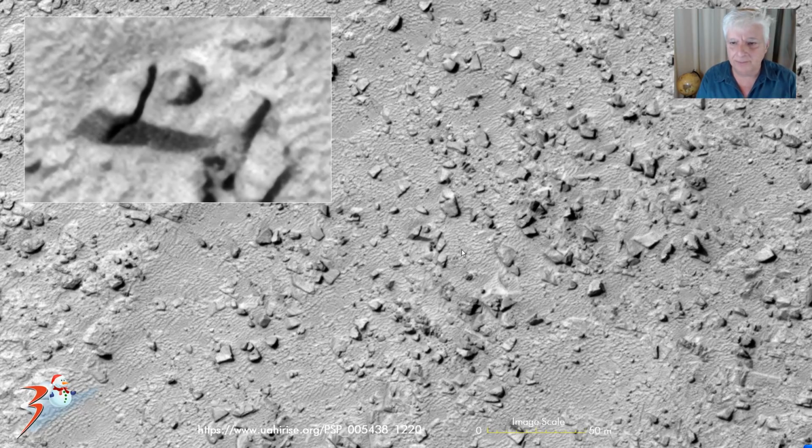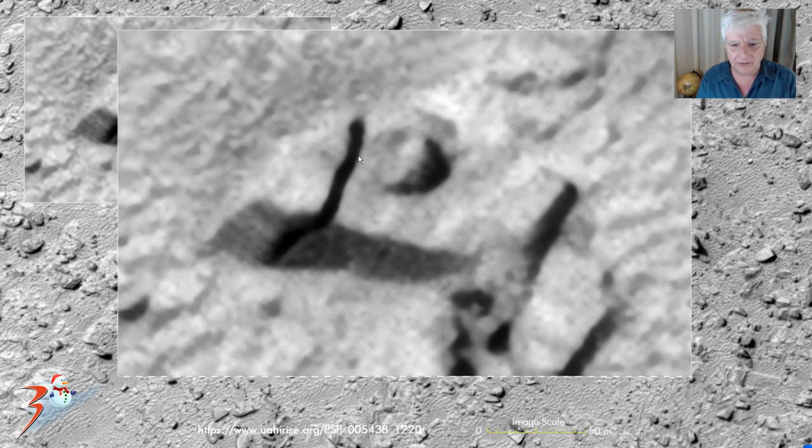Here we're looking at these blocks over here. The larger one is about 12 meters long by about 6 meters wide, and then it's got a little oval sphere or knob on it which measures about 2.5 meters across. Here we've got the larger block. You can see the one side over here, and then the other one on top with that dome-like feature or knob, and next to it another block which seems to have moved slightly to the left, an opening running through there,